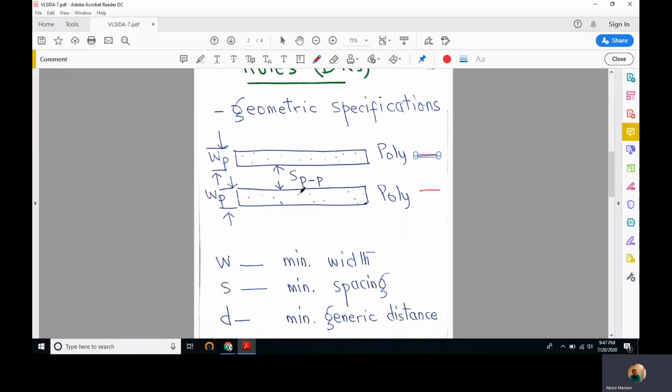This means this is the minimum spacing that we should have between two polylines in order to avoid crosstalk or accidental electrical contact, etc. And WP is the minimum width that this particular manufacturing process should be able to design.